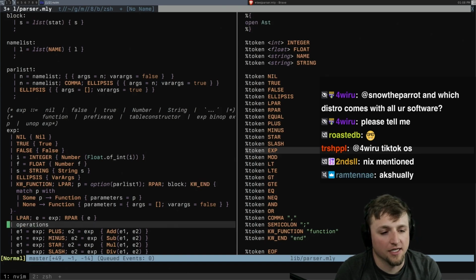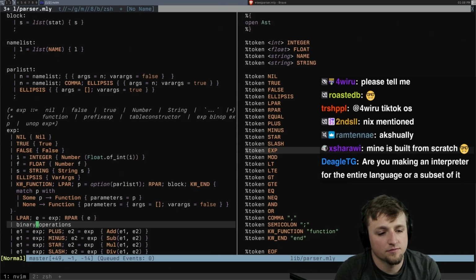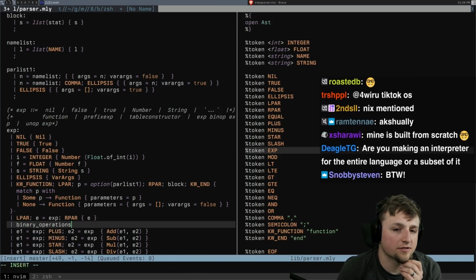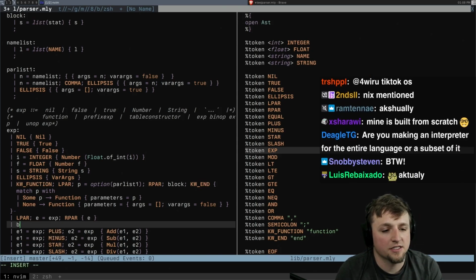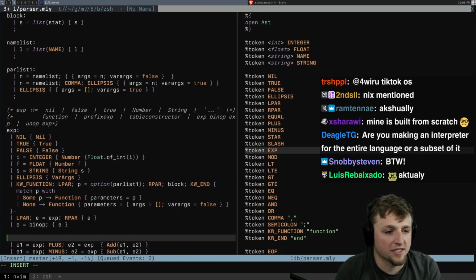Operations. Can I do this? Like binary operations, expr bin op. I can just say bin op, right? Bin op here. E is bin op, E, right? And so then we can go like this, bin op